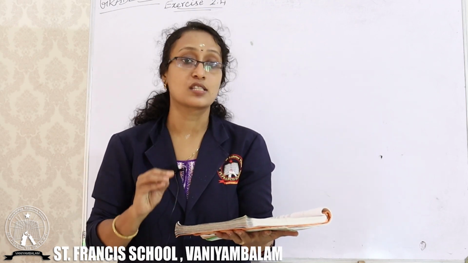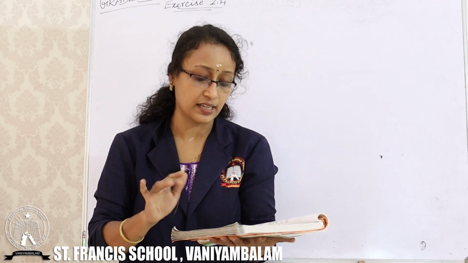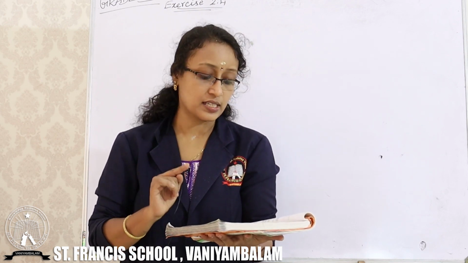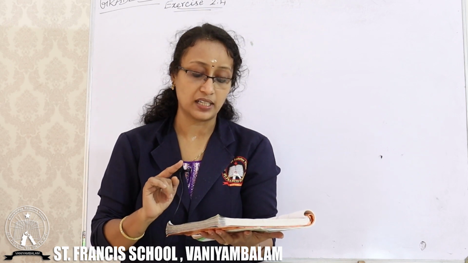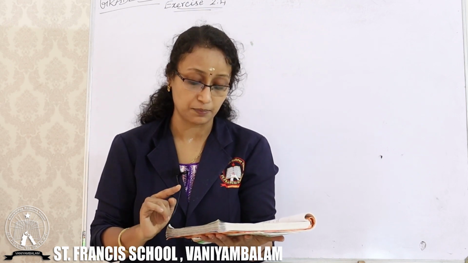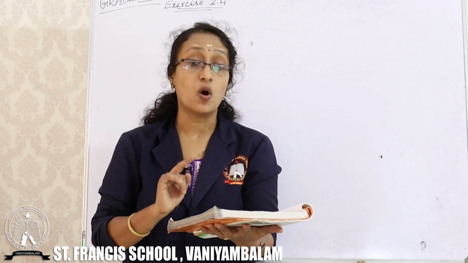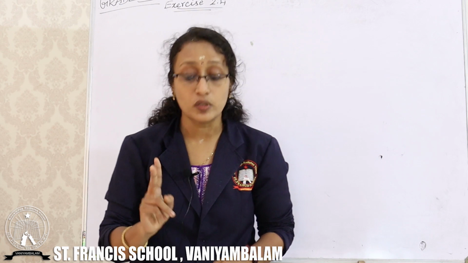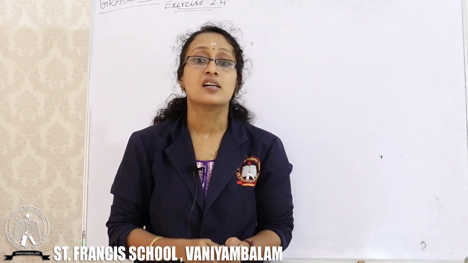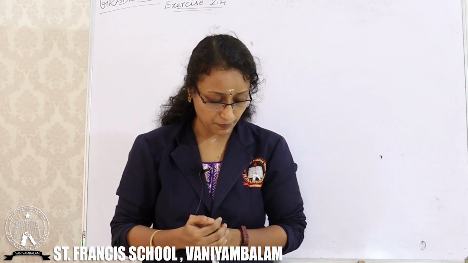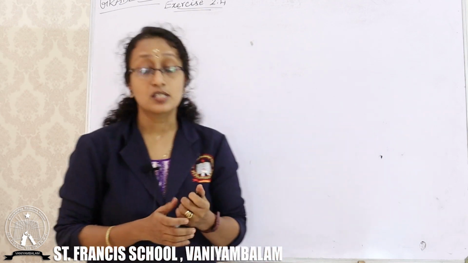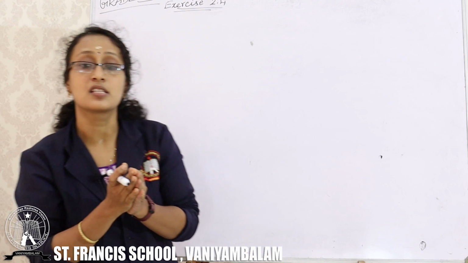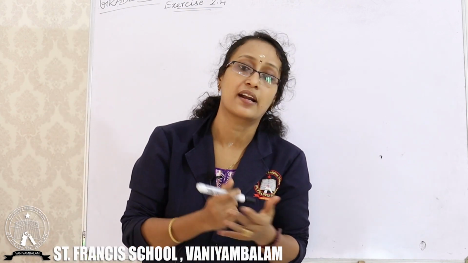Sum of the digits of a 2-digit number is 9. When we interchange the digits, it is found that the resulting new number is greater than the original number by 27. What is the 2-digit number? It is given, there is a 2-digit number. So let us write, you know the place value of a 2-digit number, right?